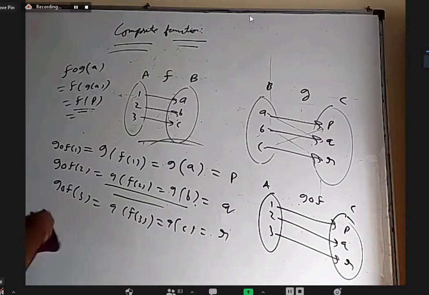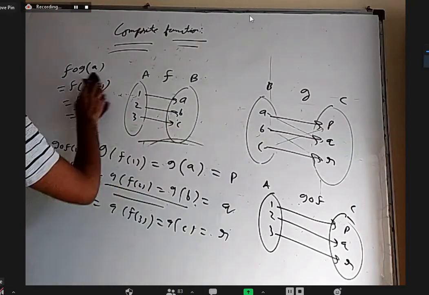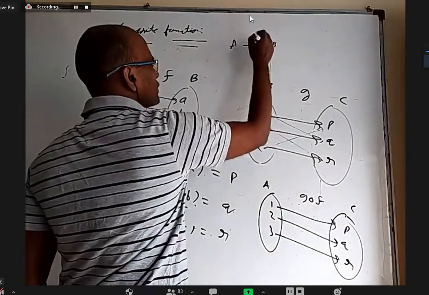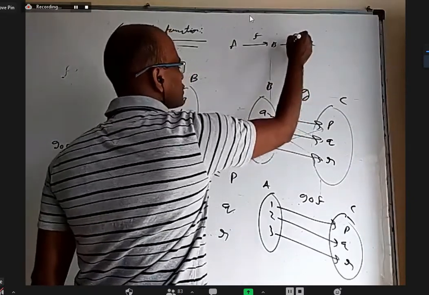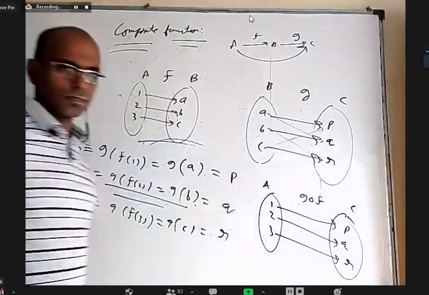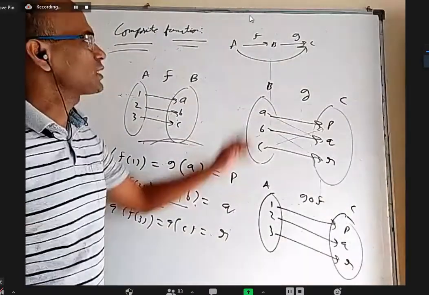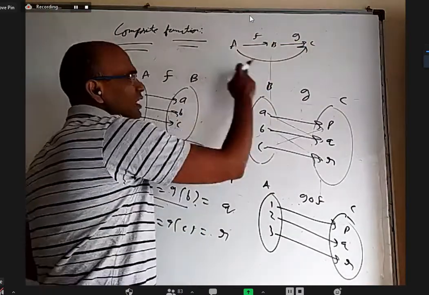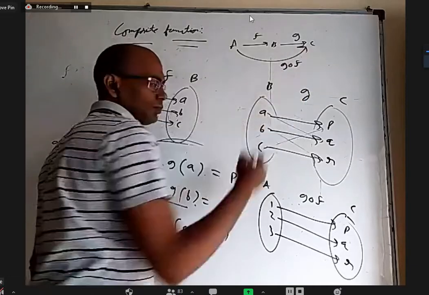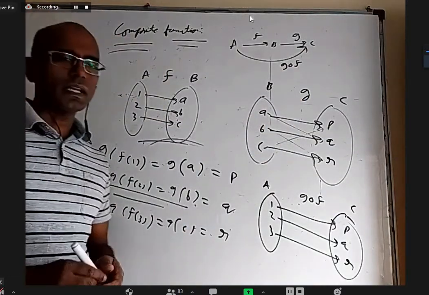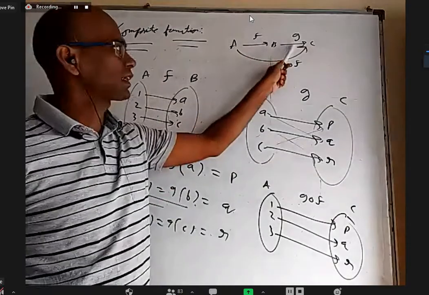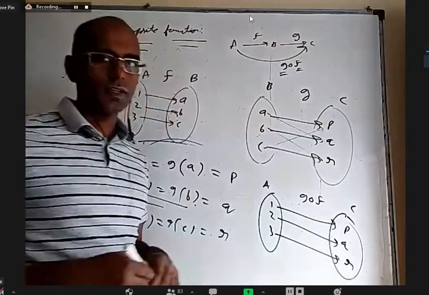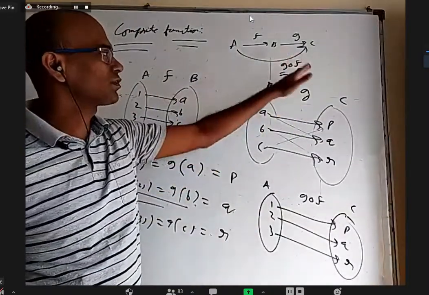Okay. So when we connected set A to set B and set B to set C, A to B we have a function F, B to C we have a function G. Finally, A to C I have a function. But that function is not F circle G, just because F is first here and G is second here in this order. The function which is connecting from A to C directly is G circle F. One may say, why is the order changed? No, the order is not changed. F is first here, G is second only here. We should not see first and second from left to right. Here we should see right to left.